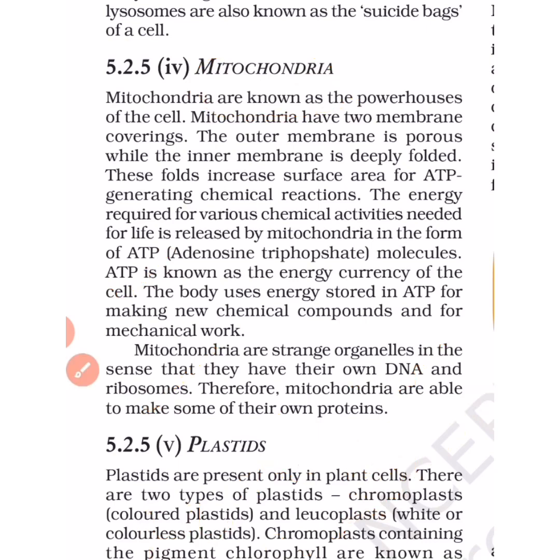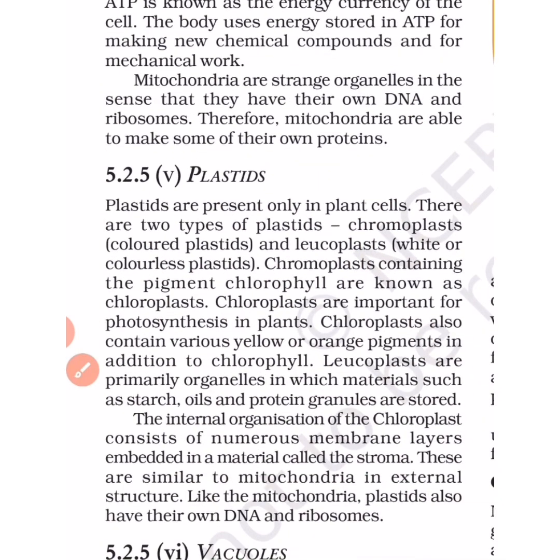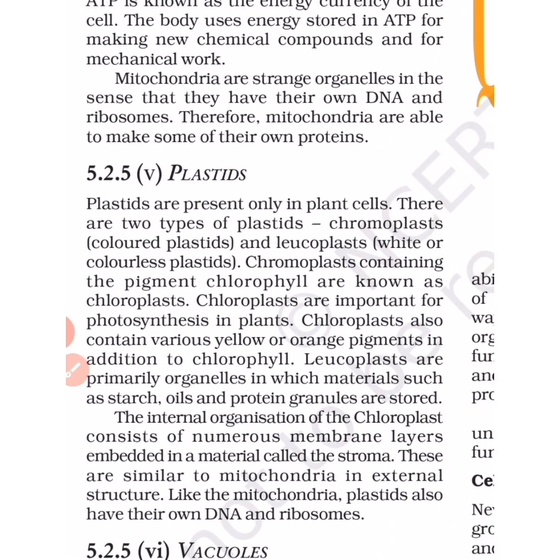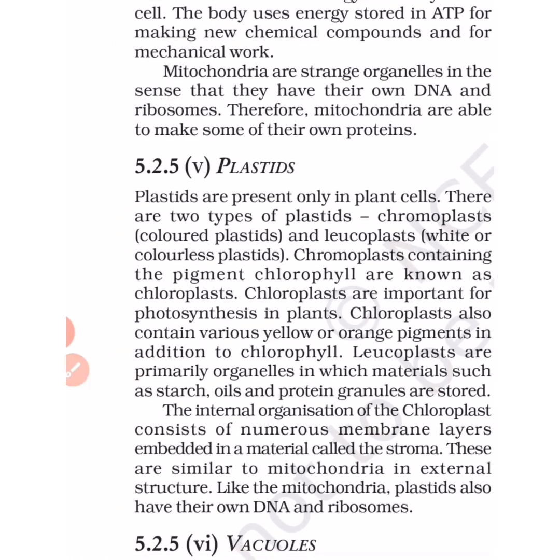One more organelle which is semi-autonomous in nature, which contains DNA, is the plastid. The next organelle we are going to learn is the plastid, and that is also a semi-autonomous organelle. So plastids are only present in plant cells, they are absent in animal cells. Here they have mentioned that plastids are of only two types, but I want you to remember that plastids are of three types instead: chromoplasts,